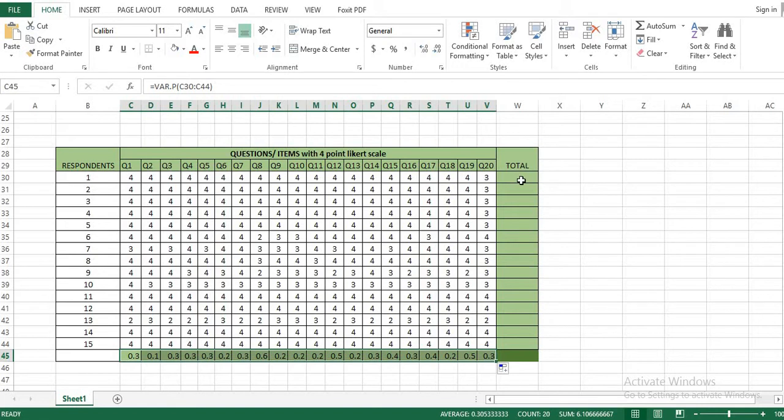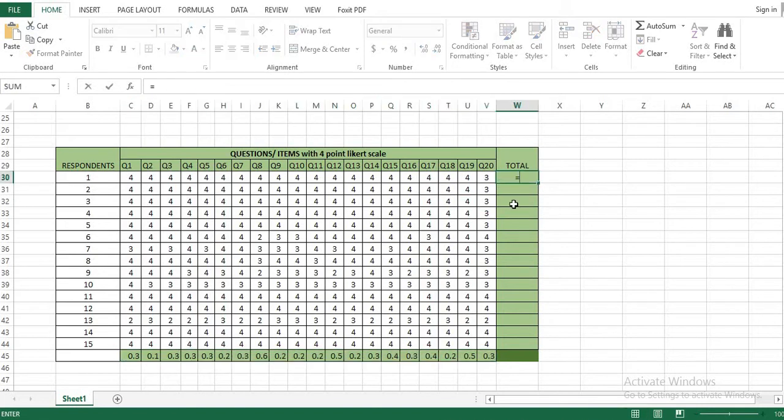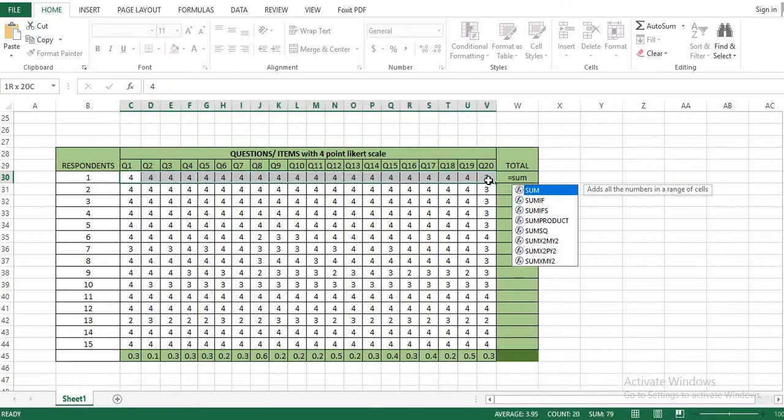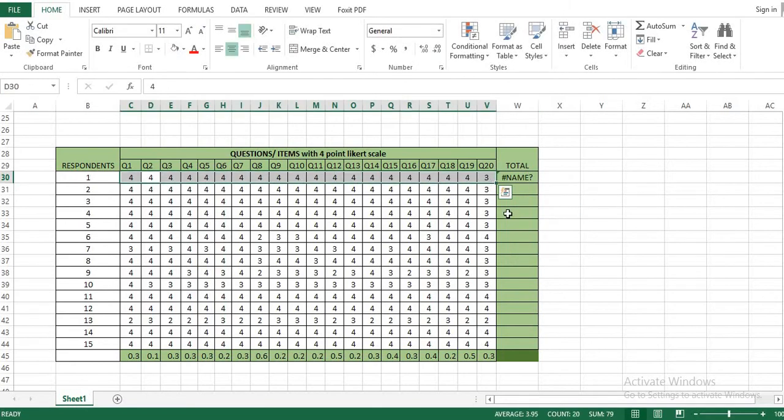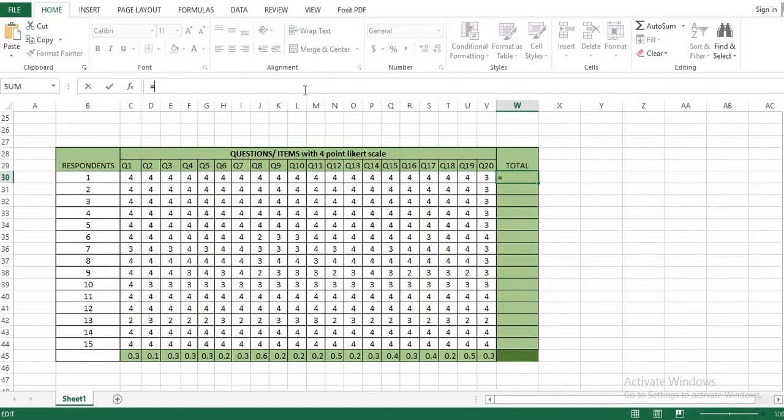And this one, we are going to look for the sum of question 1 to 20. Okay, sum, highlight 1 to 20, and then just drag down